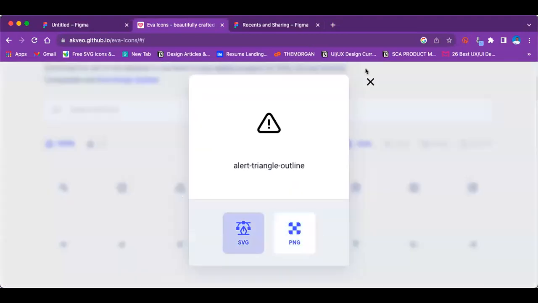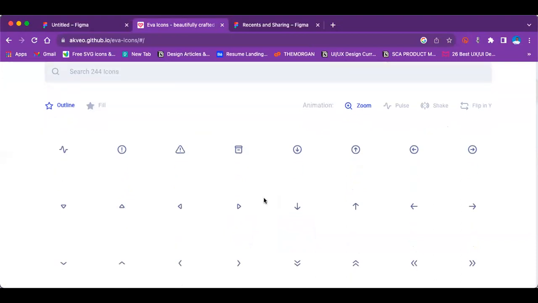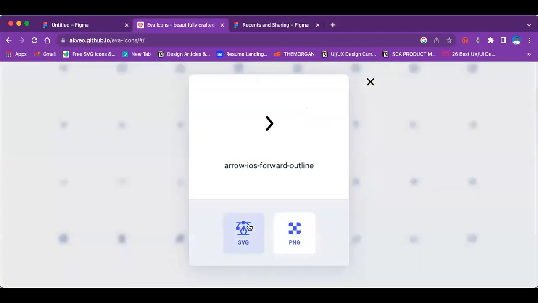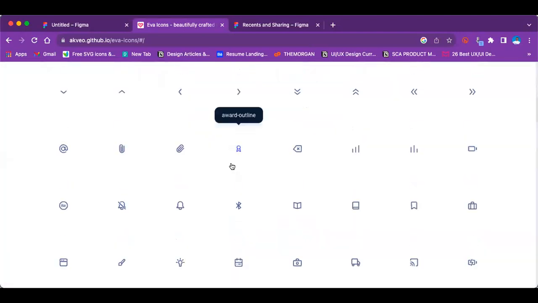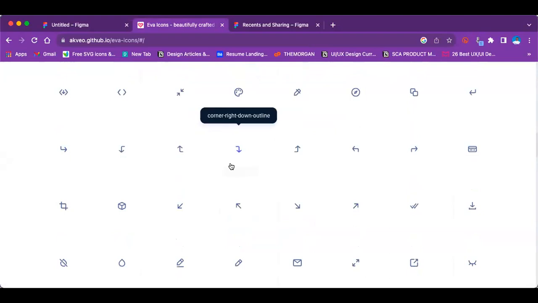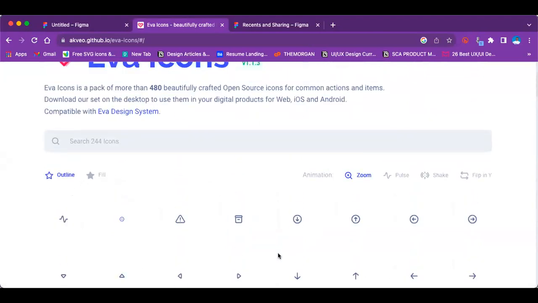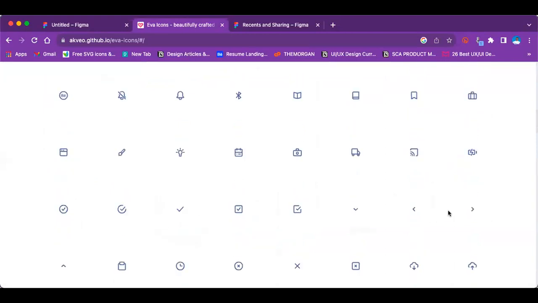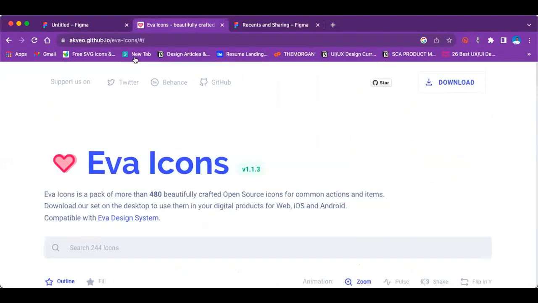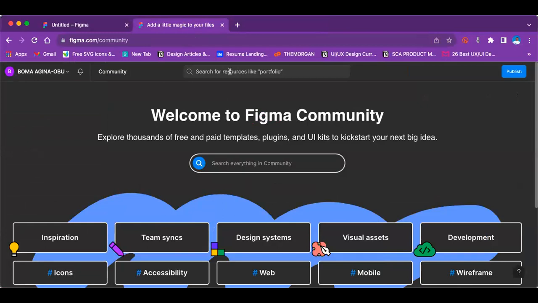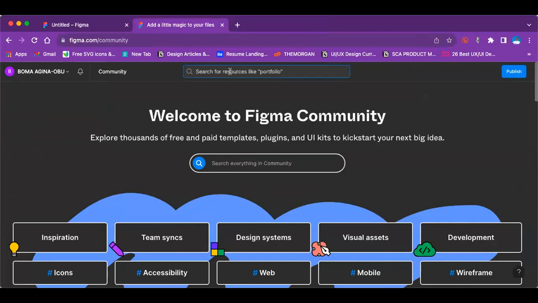I'll download this as SVG. You should actually have a way where, if you have time, this is a very good icon pack. By the time you stay and you use 1 hour, you can download as many icons as you want. So just download them. That's for this particular place. Then if you don't want to download, you can just go to community, or you create your icons yourself. Just go to community and say icon pack,